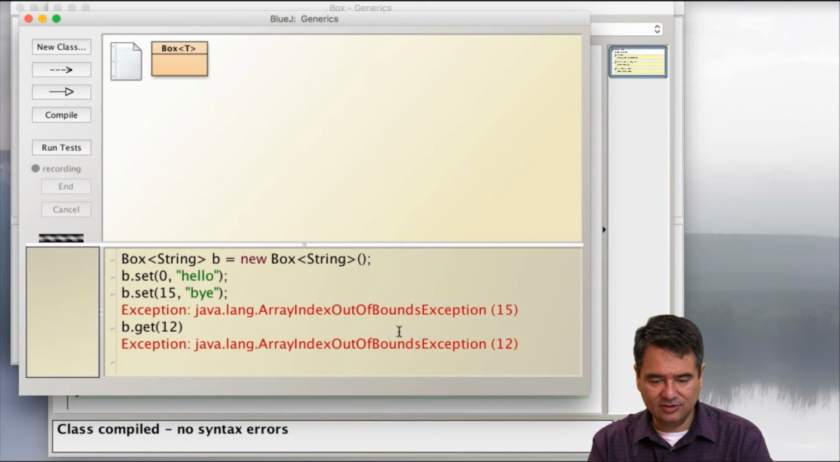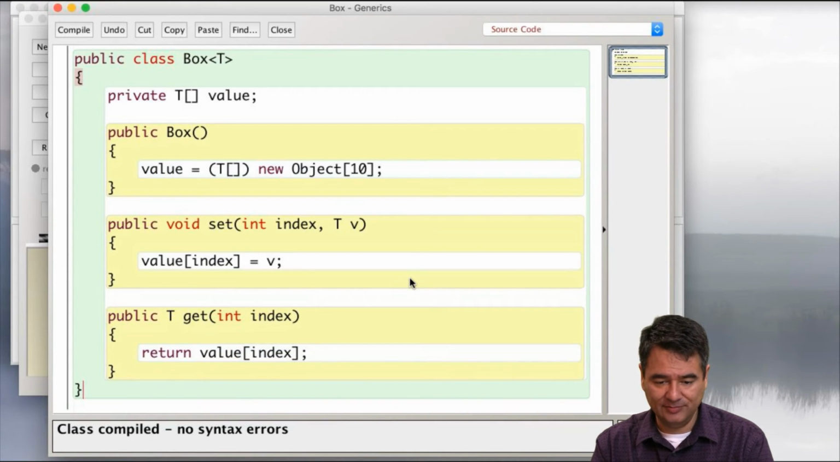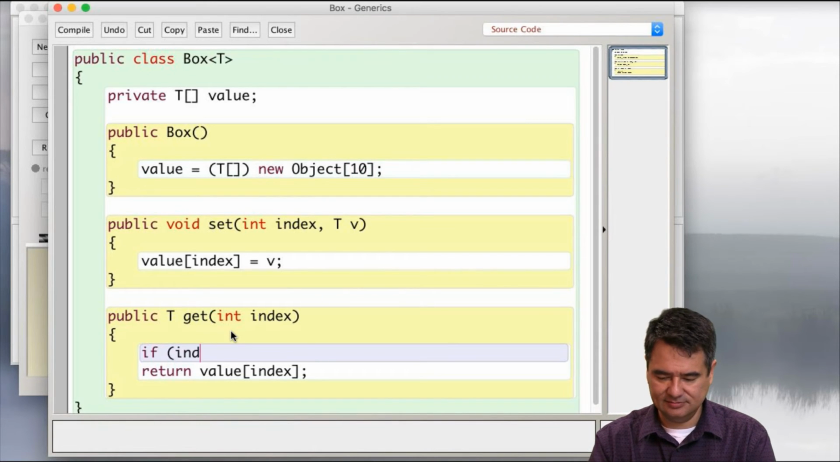Okay, so we can do this as well. They're built into Java. There's this thing called java.lang.ArrayIndexOutOfBounds, and we can make our program throw exceptions as well. So let's look at get here. We really can't accept any old index. We can only accept indexes between 0 and 9, so they'll fit inside of our 10-element array. So we should do something like: if index is less than 0, or index is greater than or equal to 10,